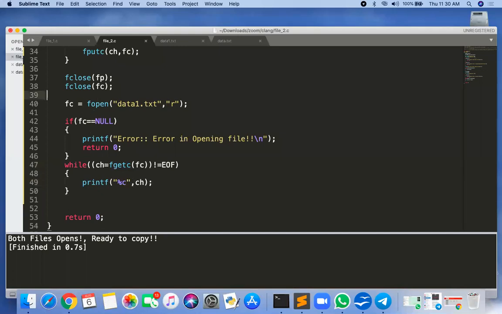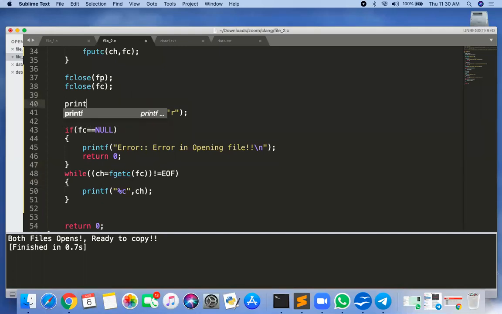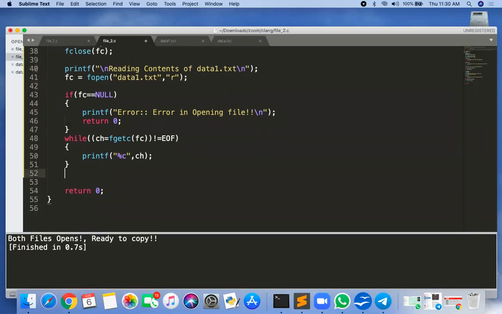You can use printf here. Now print reading contents of data1.txt, okay, \n, reading the contents from data1.txt, and the last one is fclose fc.